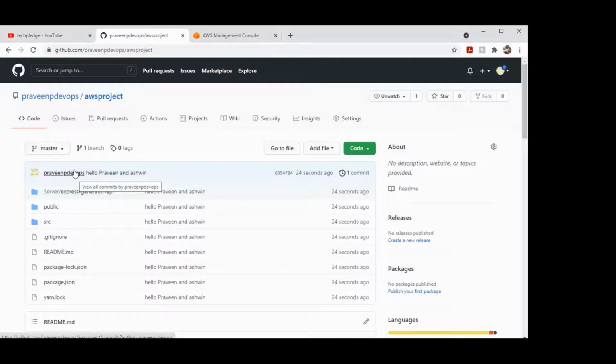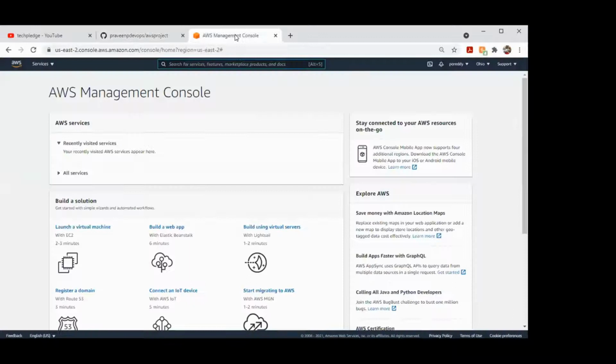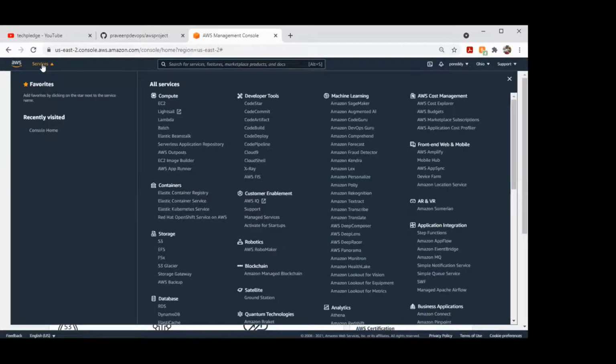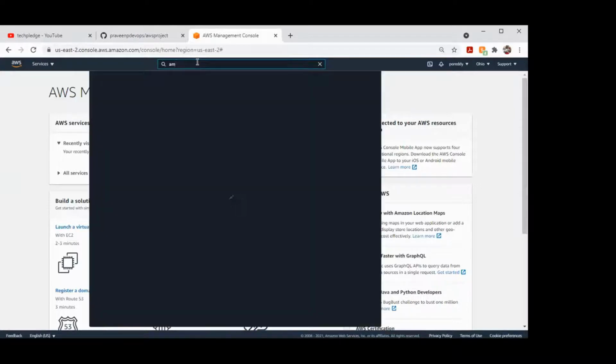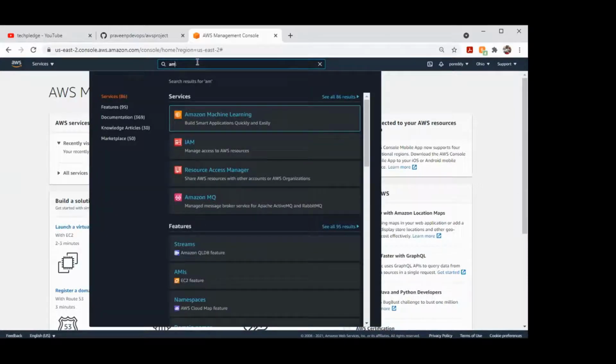So go back to AWS and search for a service called Amplify. Just type Amplify in the search box. You see the first service, click that one.